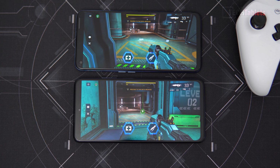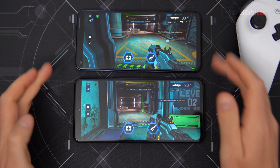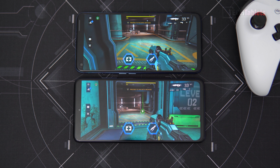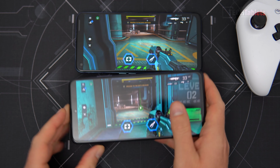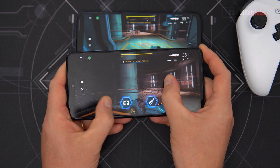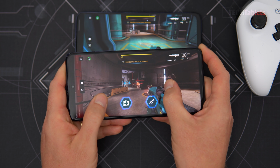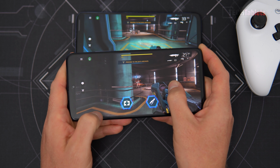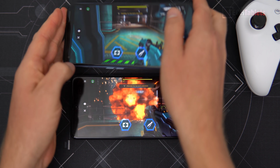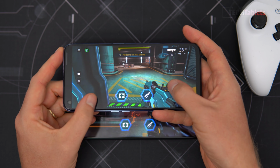Now onto a real gaming test. So this is a game called Shadowgun Legends that I do test out. So I've got it set on both of these phones here to 60 frames per second, the high setting, not ultra. Ultra seems to be a little bit too demanding for both of these. Now I've noticed that it's a little bit more fluid. This right here is the T10 Lite, and just looking around, it's playable, really good, okay, but I have actually noticed that it just seems to be a little bit more fluid on the Realme here,